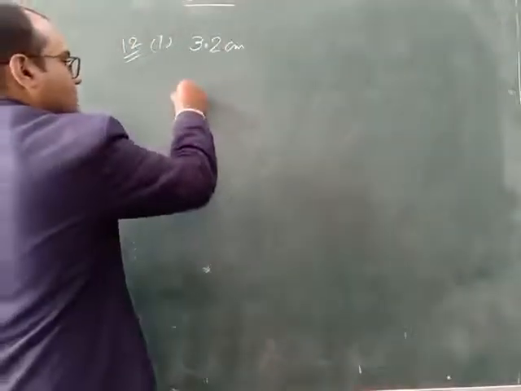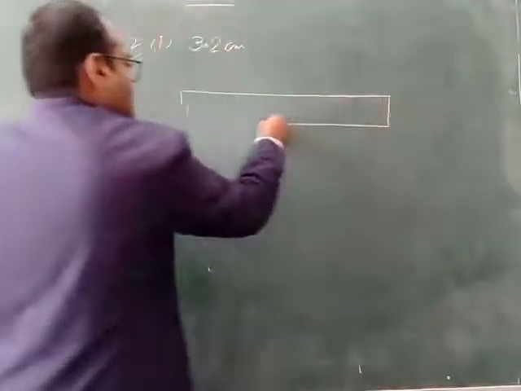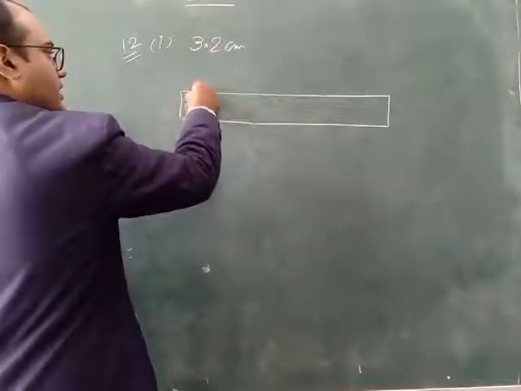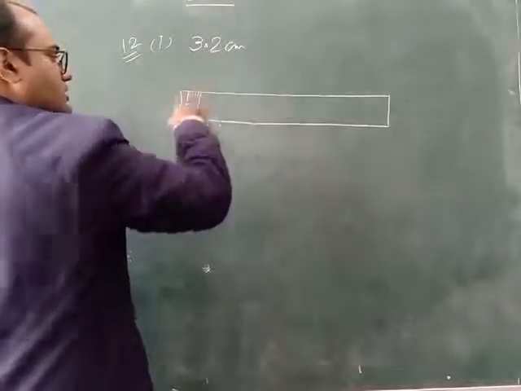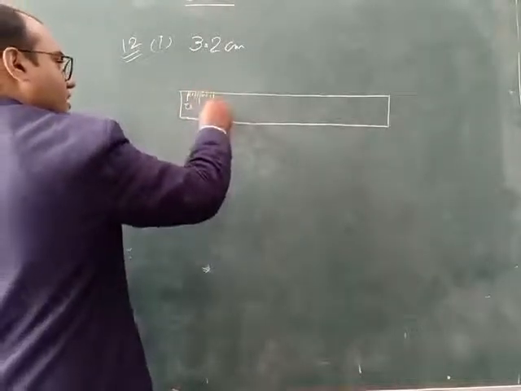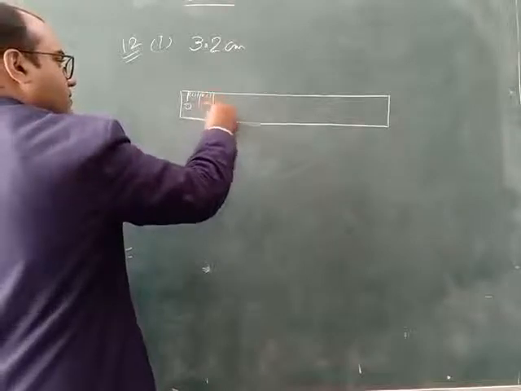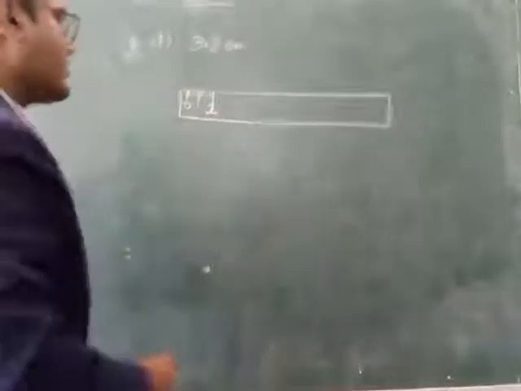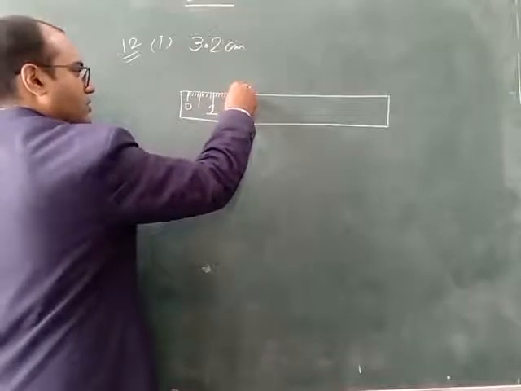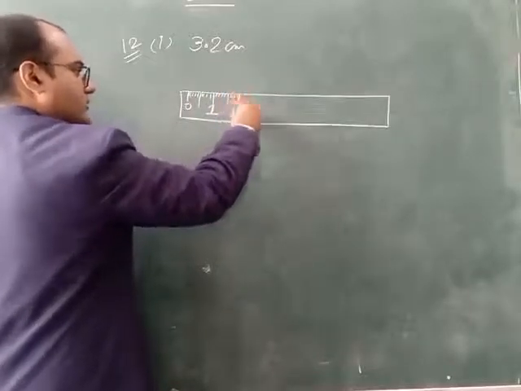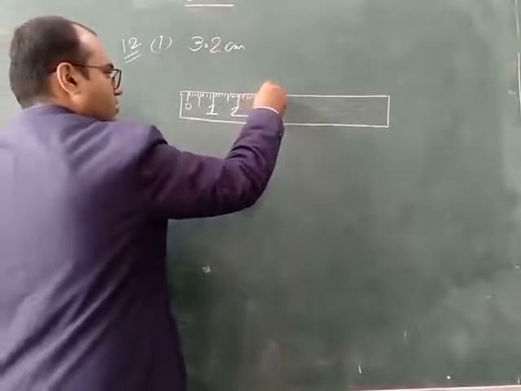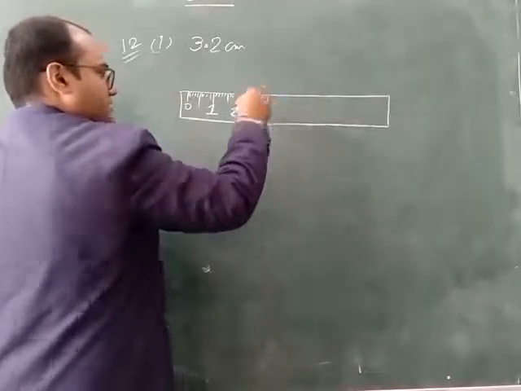In the scale, you will see in the beginning 0 is written. Then 4 small lines will be there. Then 1 large. Again 4 small lines, then 1 large, and on this large one, 1 will be written. After that 4 lines, again 1 large line. Then 4, again 1 large. On this it is written 2. In your scale you can see these numbers written.